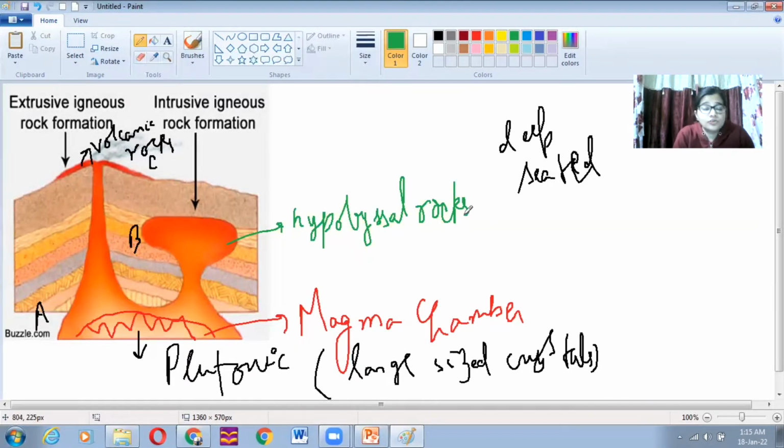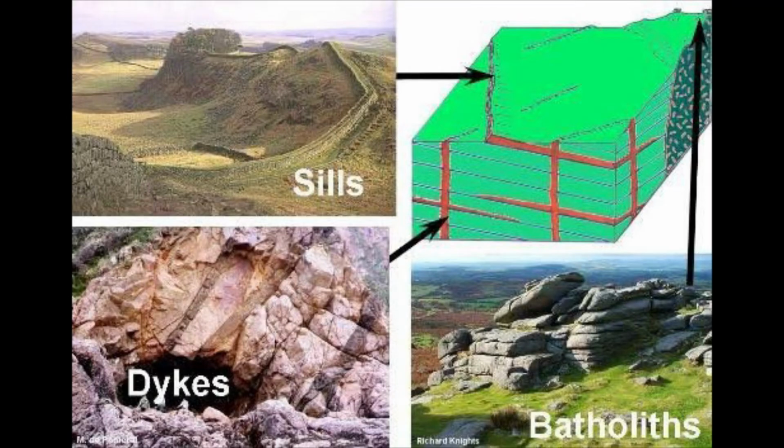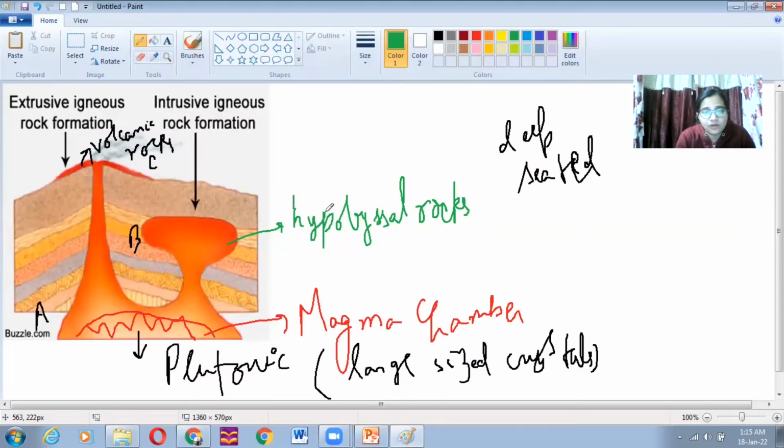अगर आपको याद होगा कि वो जो इंट्रूसिव इग्नियस जो लैंड फॉर्म है, वहां पे मैंने आपको पढ़ाया था सिल, लैकोलिथ, लोपोलिथ, डाइक, वो भी तो एक लैंड फॉर्म है। लैंड फॉर्म में तो रॉक्स पाया जाता है, तो वो तो इंटीरियर ऑफ द अर्थ में हो रहा है एट इंटरमीडिएट डेप्थ। वो सारे लैंड फॉर्म, स्पेसिफिकली आपका सिल और डाइक, दैट कंप्राइजेस ऑफ हाइपोबिसल रॉक, HYPO, हाइपोबिसल रॉक।